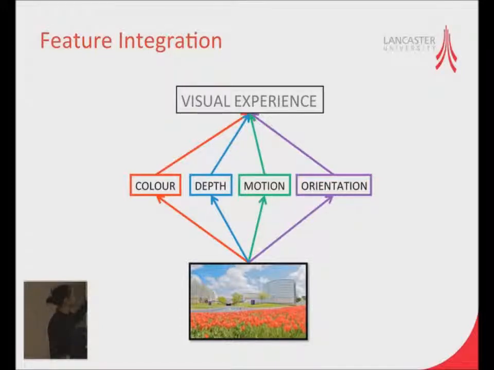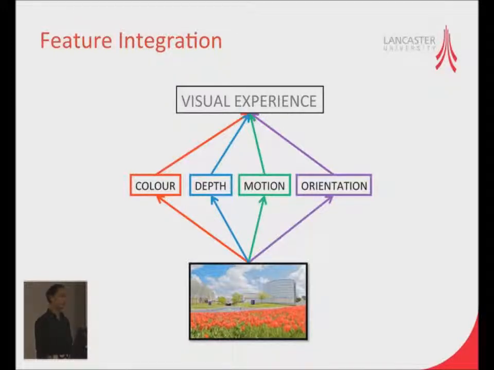And we know that because you can be color deficient, but you can still manage to process depth, motion, and orientation correctly. Similarly, you can have a disorder of motion processing. You can suffer from something called akinetopsia, where you cannot process motion, but you can process color, depth, and orientation accurately. So you know that you have these more or less separate pathways. Now, after the brain processes this information separately, what it needs to do is to combine them back together again to generate your rich visual experience. And it is this process here that is called feature integration. So when the cues come back together to generate your sensory experience. And that's what I'm interested in.